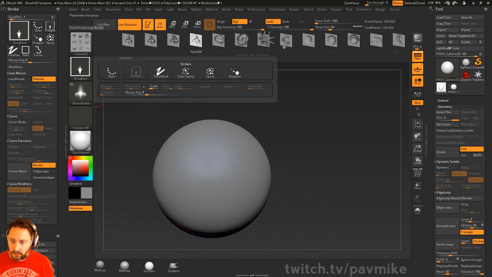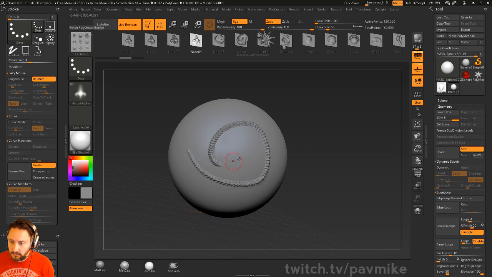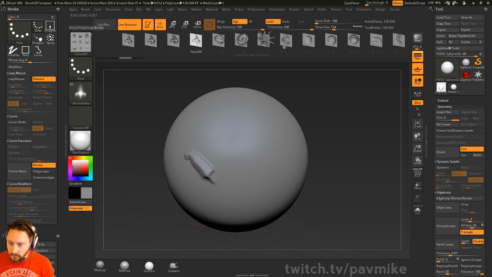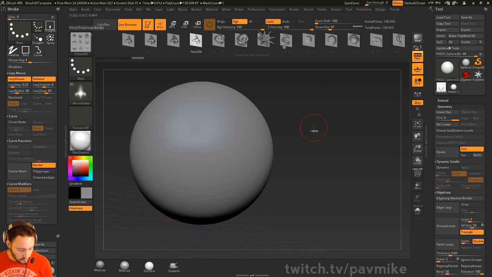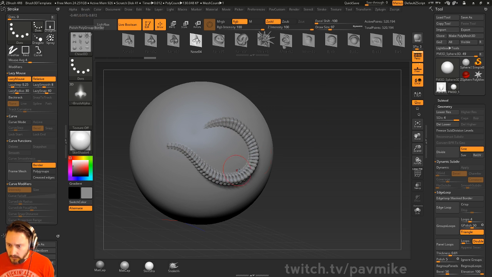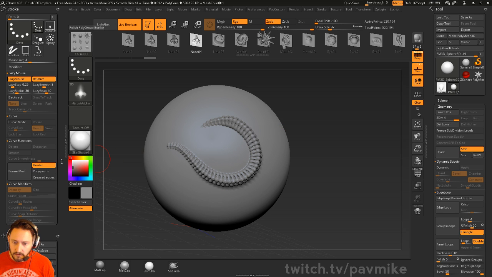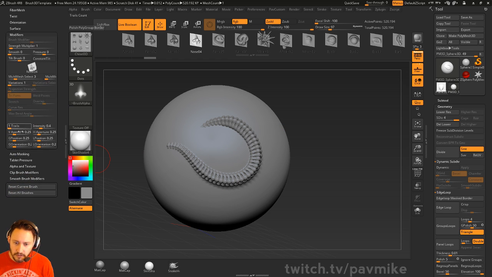Again, just remember, you can go in here to your dot stroke and just start making crazy spines or whatever based on, let's go ahead and turn lazy mouse on. There we go. So you can create spines here. Another thing I want to, you know, you can do it that way. You can also go in here to your brush,